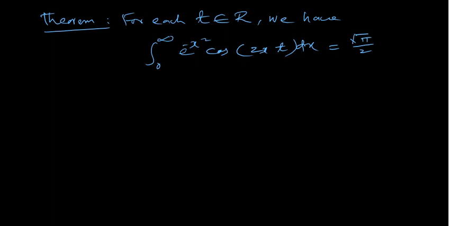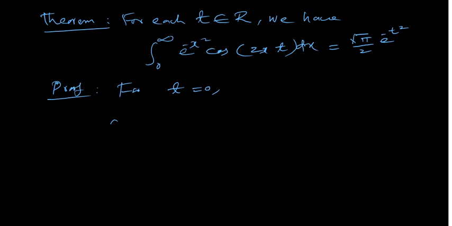Root of pi by 2 into e power minus t square. So for t equal to 0, this is already done. For proof, it's actually a generalization of the Euler integral. For t equal to 0,